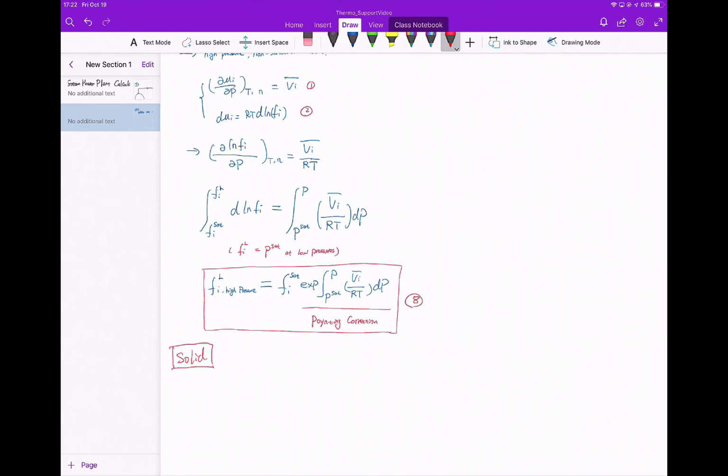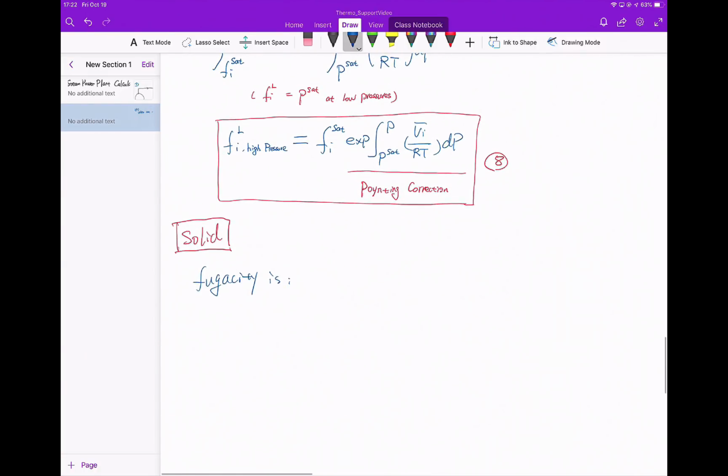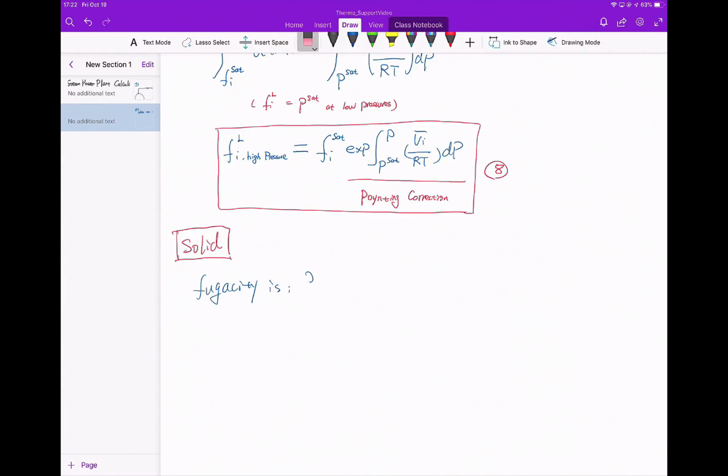Because fugacity is effective partial pressure, or the tendency of escaping from phase alpha to phase